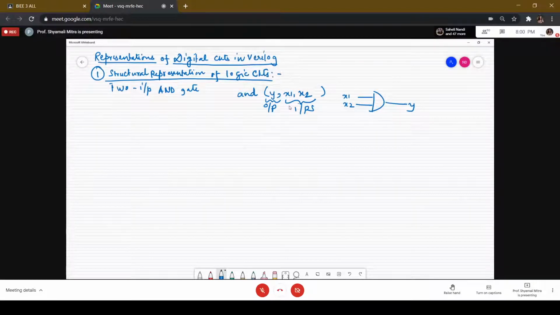Suppose we want to represent a 4-input OR gate, with a single output Y and four inputs X1, X2, X3, and X4. We will write OR, which indicates logical addition, then the output signal first, Y, comma, next the set of inputs, X1, X2, X3, and X4.